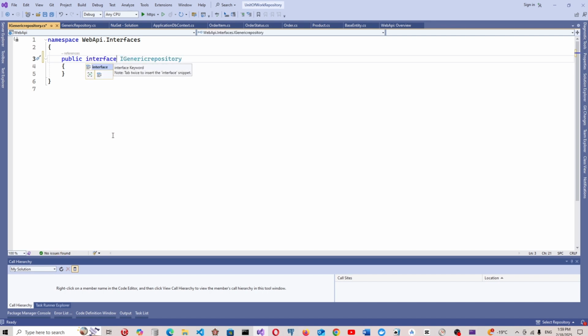And the generic repository has a type of key. The key is a class, so in online everything is a class, so this will be a generic interface,